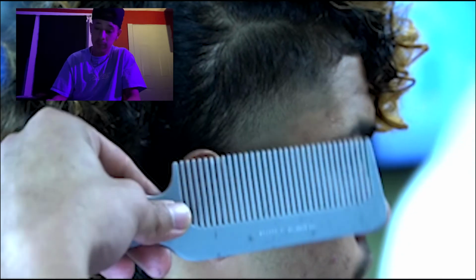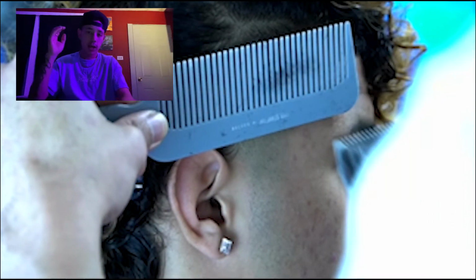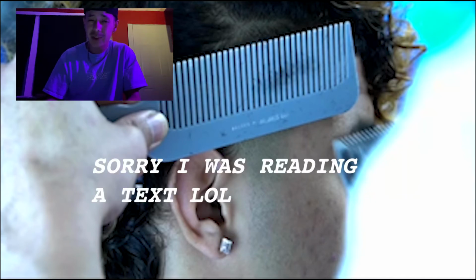And then right here I'm using the clipper over comb technique. This technique is good for when you have bulk at the top. I use this on a lot of comb overs, but this is